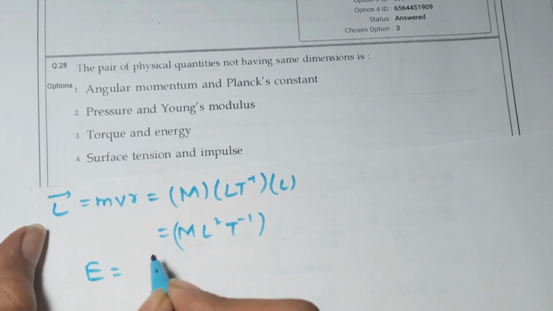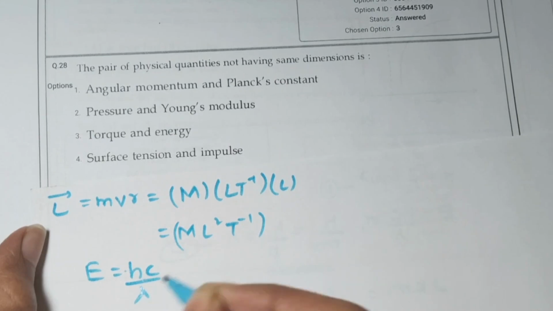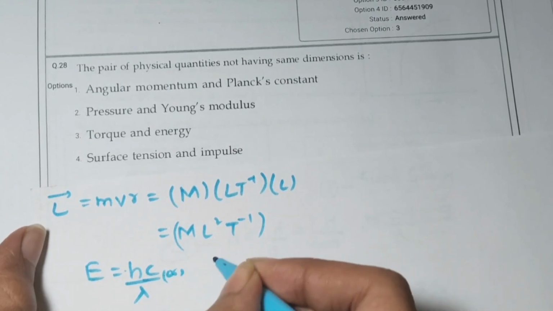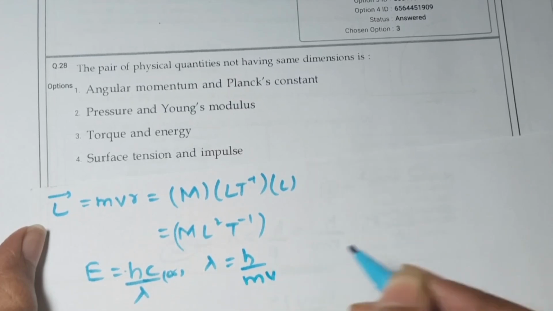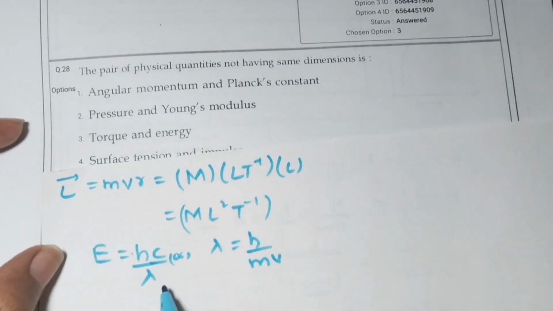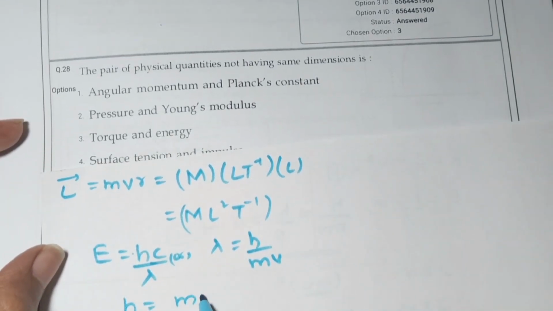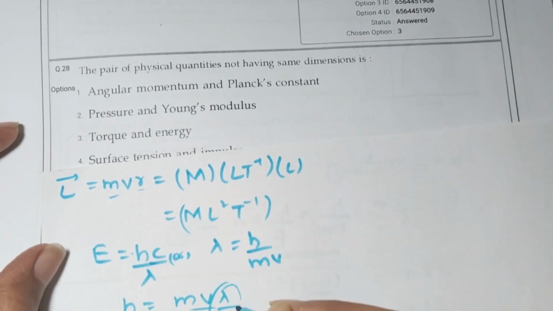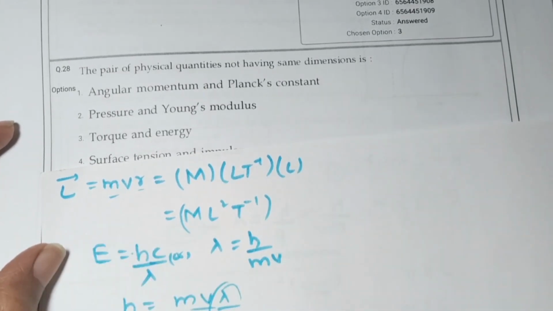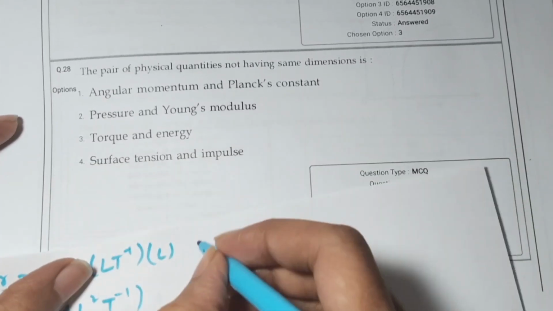So E equal to hc by lambda, right? Or you can also use lambda equal to h by momentum mv. h equal to mv lambda. See, here also same. Mass, velocity both are same. Radius and lambda, if you observe, lambda is wavelength. It is also in meters, it is also in meters. So these both are having same